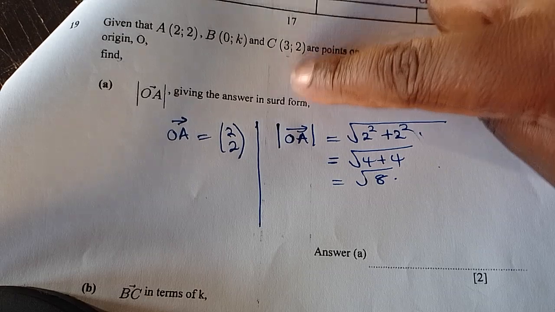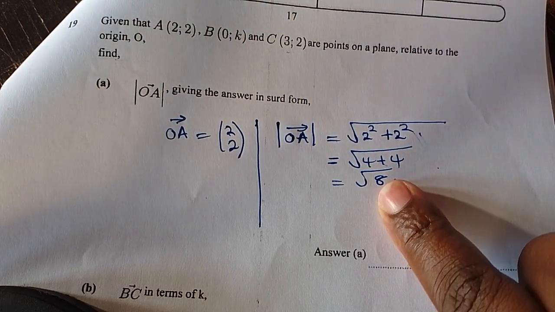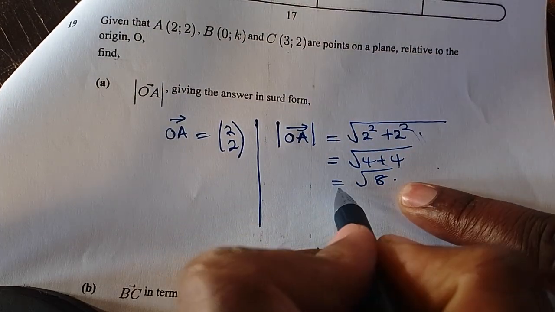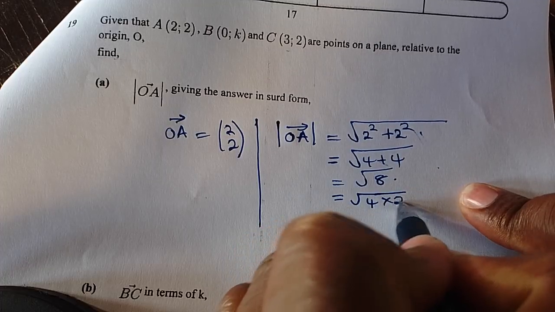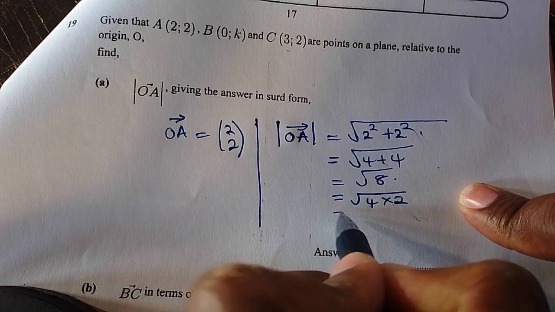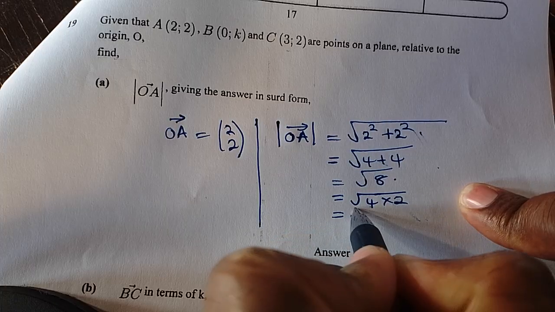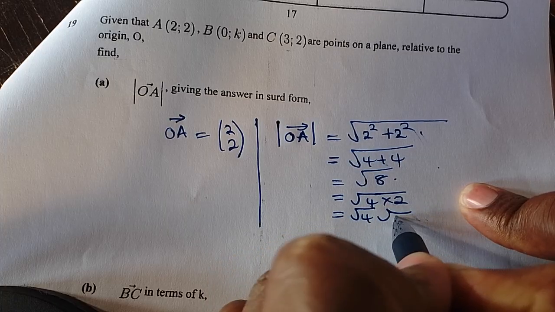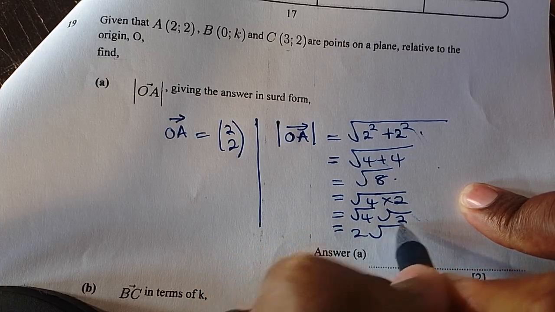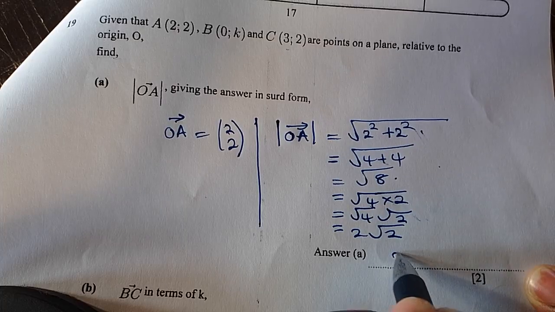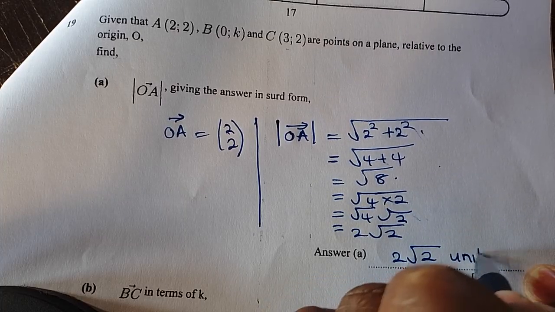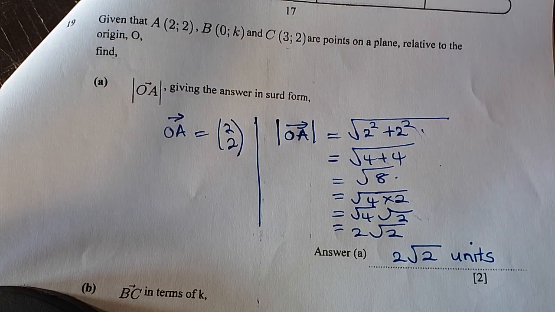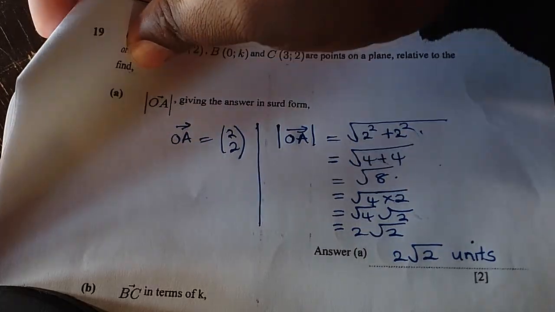Remember, we want to leave our answer in surd form, but it's not yet simplified. So we have root 4 times 2. Since we are multiplying, we can separate root 4 times root 2, which is 2 root 2. So the magnitude is 2 root 2 units. That's the length. The magnitude is the length, the size,